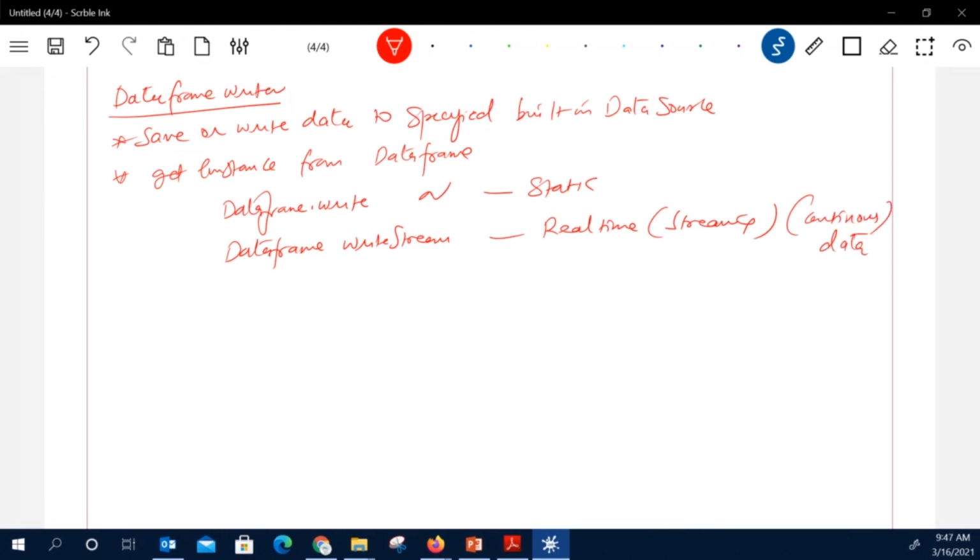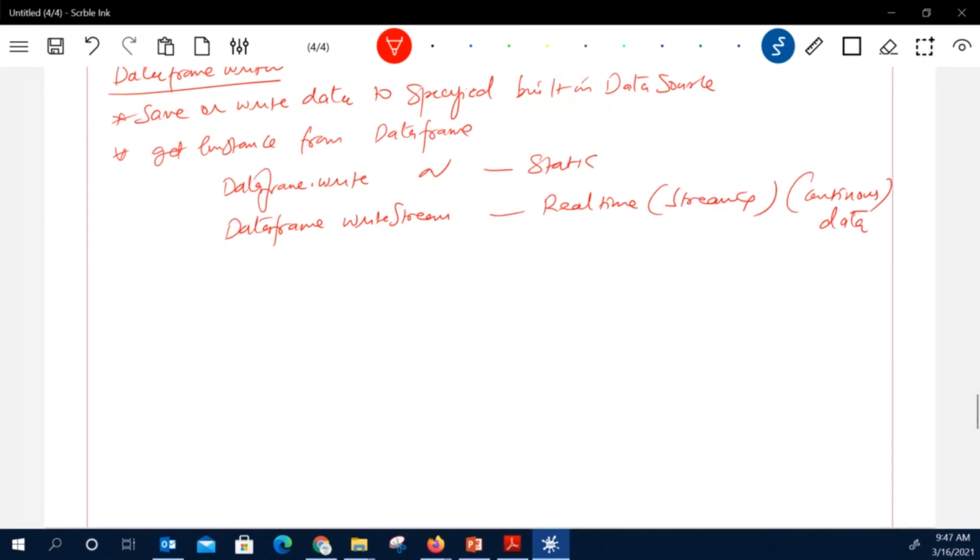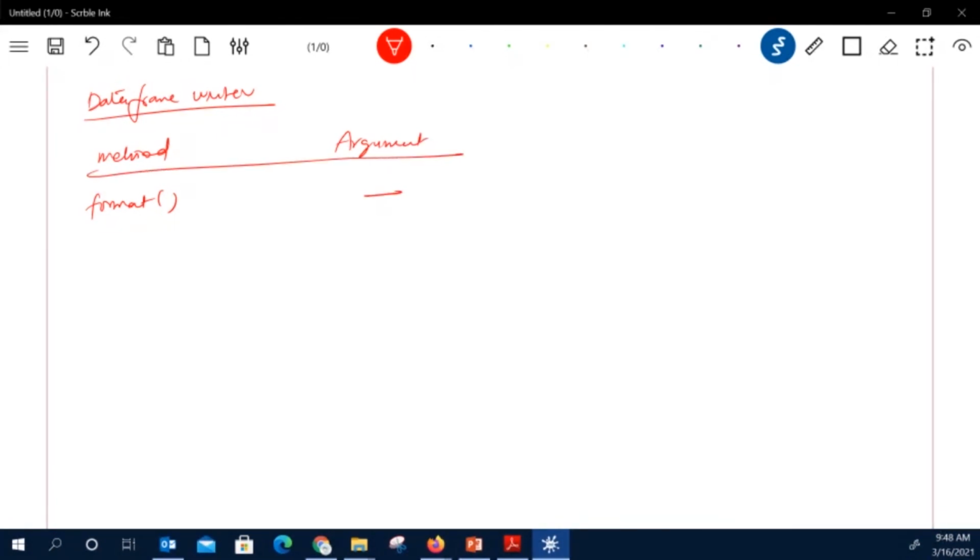Now we have methods, which are similar, so I'm not repeating those, but I'll mention a few of the very important ones. Let's see the data frame writer methods. First we have format, with an argument, similar to what we did in the data frame reader. Another is option.